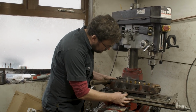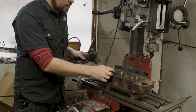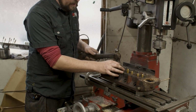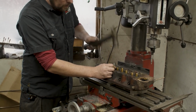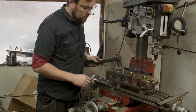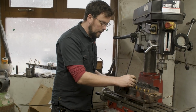I always make sure that my aluminium block sits exactly underneath the one I am, so that I'm not putting any bending forces or any bending motion on the cylinder head. Then with a hammer, a couple of good sharp taps, and you'll drive the valve guide down and into place. Minding the fingers, just driving it down, and you're just waiting for your drift. You can hear the noise change. That was the drift coming in contact with the setting ring, and that tells us that our valve guide is